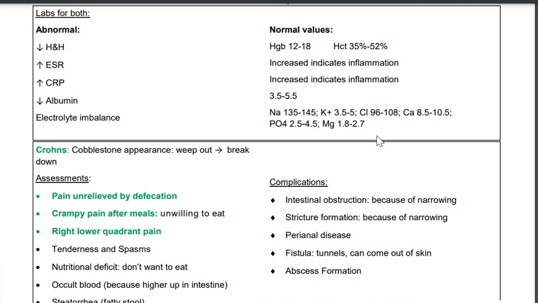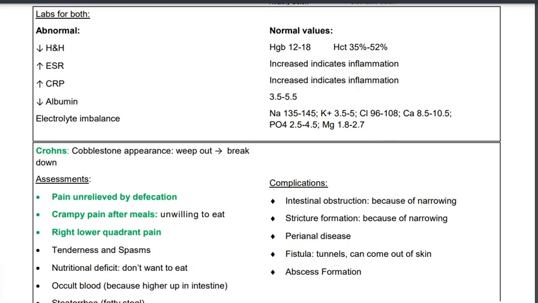And here's all of our electrolytes. You better pay attention to them and try to remember them, because I don't think they're going to be listed on your test so that you can see if they're in normal range. So you're going to have to decide that, right? So before we go into this, let's go to